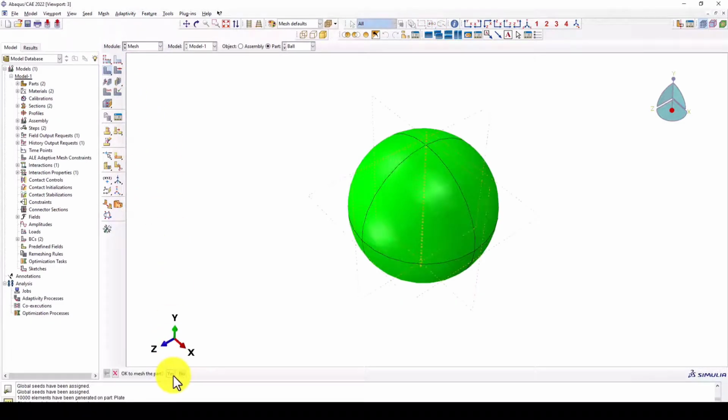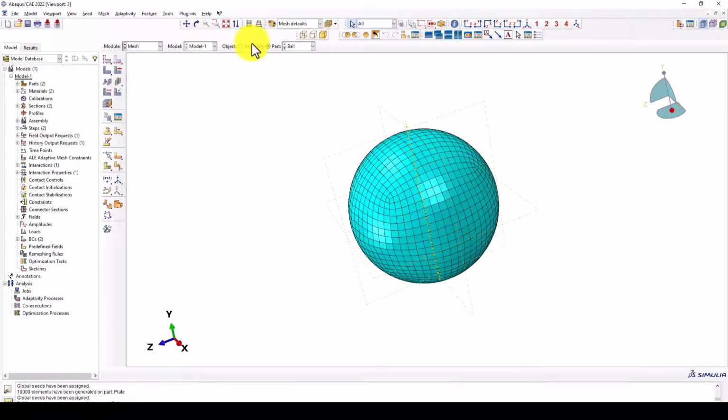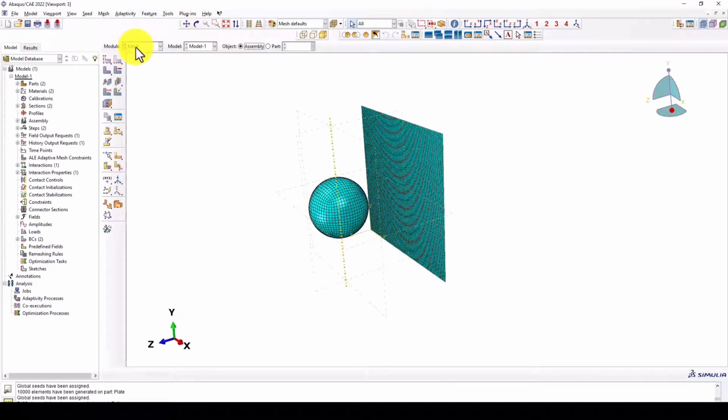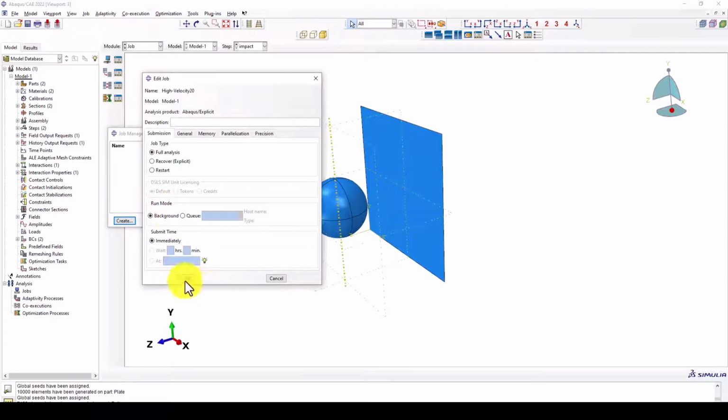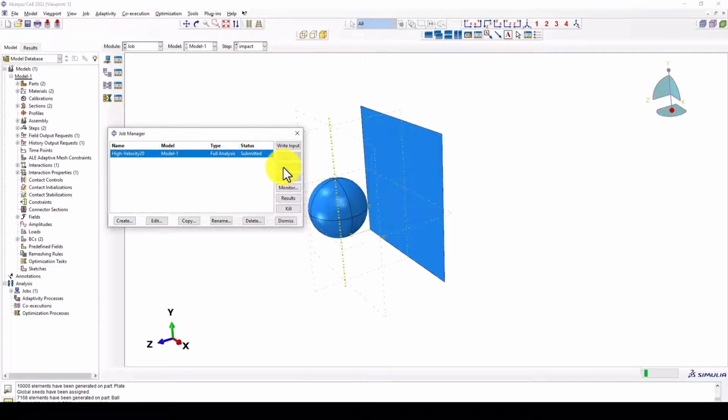So for the ball, we can create a sphere. If we are treating it as rigid, we can create an analytical rigid surface. This is useful when the ball's deformation is negligible compared to the deformation of the plate. Now let's create the material for the plate. At the minimum, we need density, elastic property, and if plastic deformation is expected,